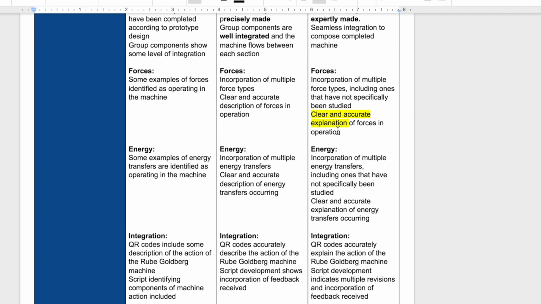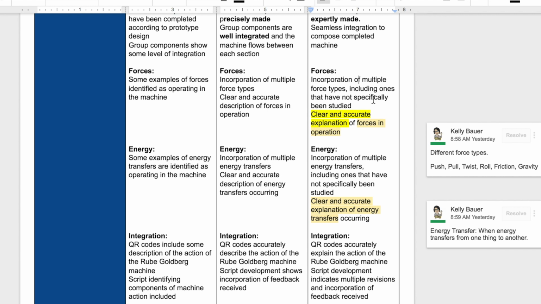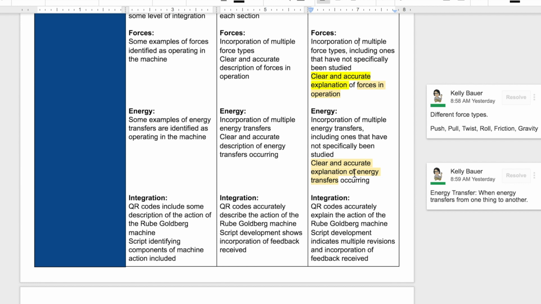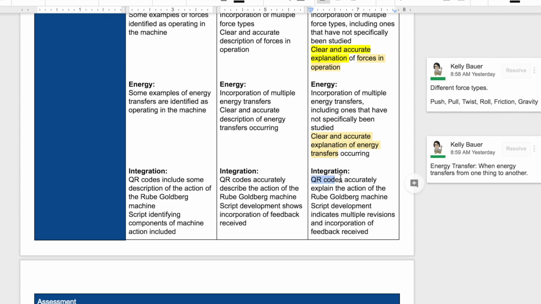We need to make sure that we've got an explanation of the forces in operation. We need to have multiple force types. So that's all within the design of our project. And you can see here where we've pulled that apart, these are the different types of forces. We also need to look at the energy transfer and have an explanation of the energy transfer in our Rube Goldberg machine. And those things need to be done through a QR code that links to